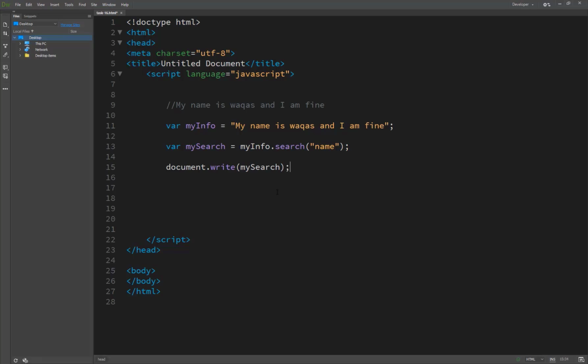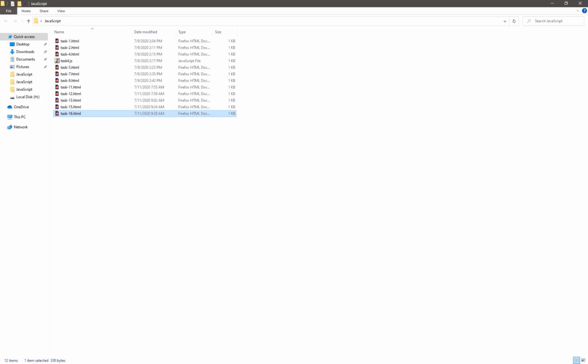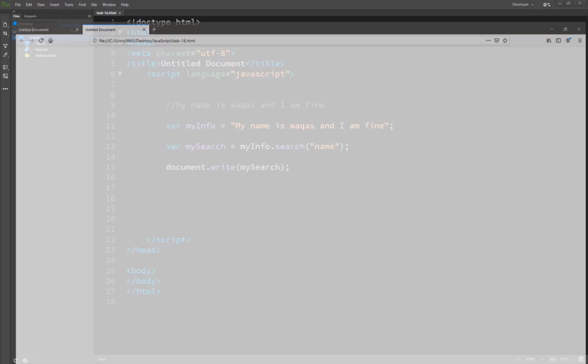So what's the result? First of all we take a look at our result, and then we return back and discuss how exactly the search method works in JavaScript. So here in JavaScript, in task 16, there's a mistake, okay, it doesn't save.